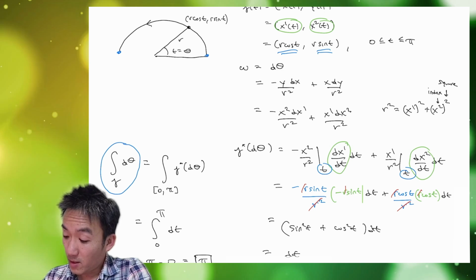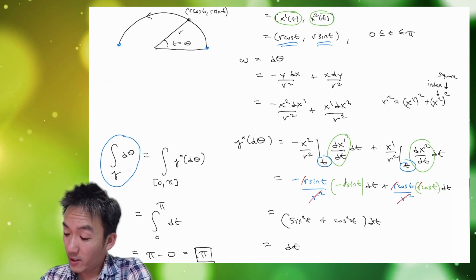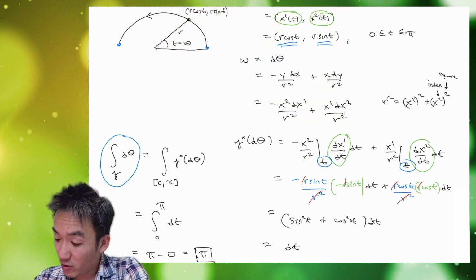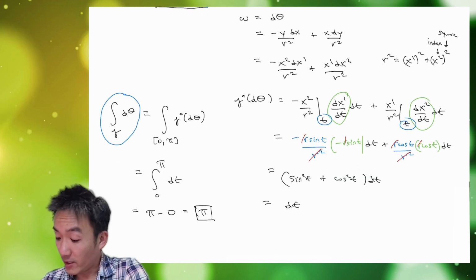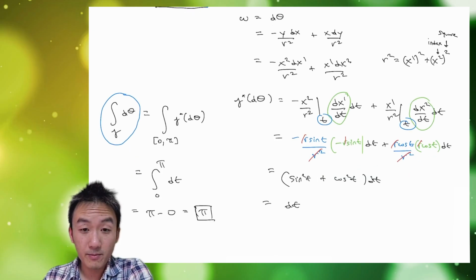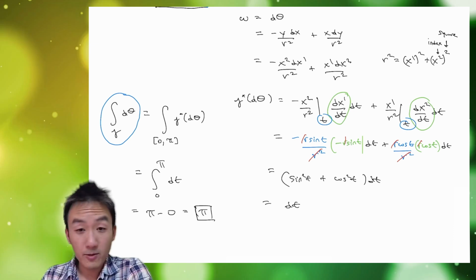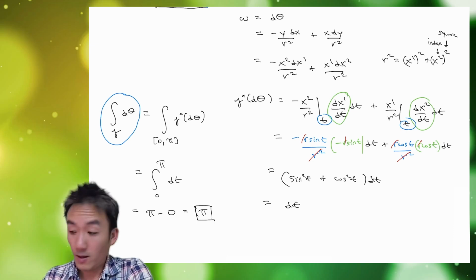And likewise, if we had gone in the opposite direction, if we had changed our orientation, instead of going from 0 to pi, we'd go from pi to 0, and then we get minus pi instead of pi. Okay, so that's how this computation looks, thought about in terms of the notation and concepts we introduced earlier